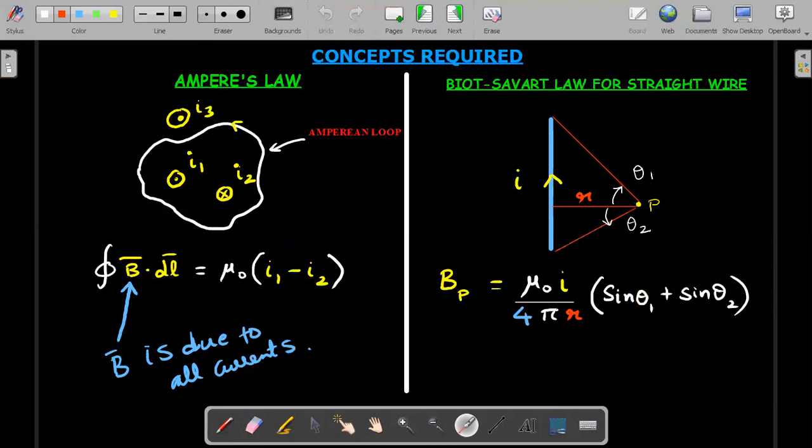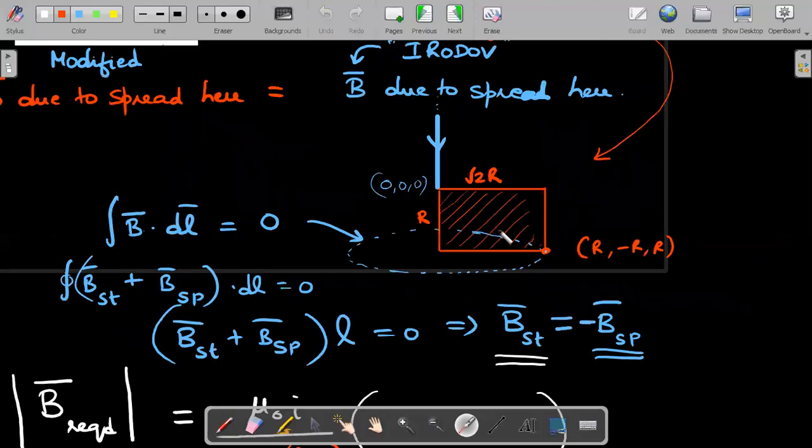Here, theta 1 is taken as a positive value if the upper angle is measured in the upper direction. And this is taken as positive if the angle of the bottom is measured in the lower direction. If any reversal happens, then the sign also has to be taken into account. This is another important concept that you need to understand in this problem. I think this is slightly different.